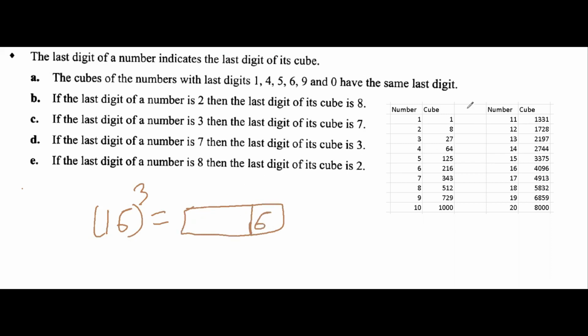Okay, so you can see here the unit place of 1 cube is 1. Similarly, 11 cube also has unit place 1. So if this is 1, all will be 1. Okay, how can I see this? You can see it like this. One minute, I am showing you. See this, this is all 1 8 7 4 5, okay, 6 3 2 9 and 0. The same will be... one minute, let me make it light.